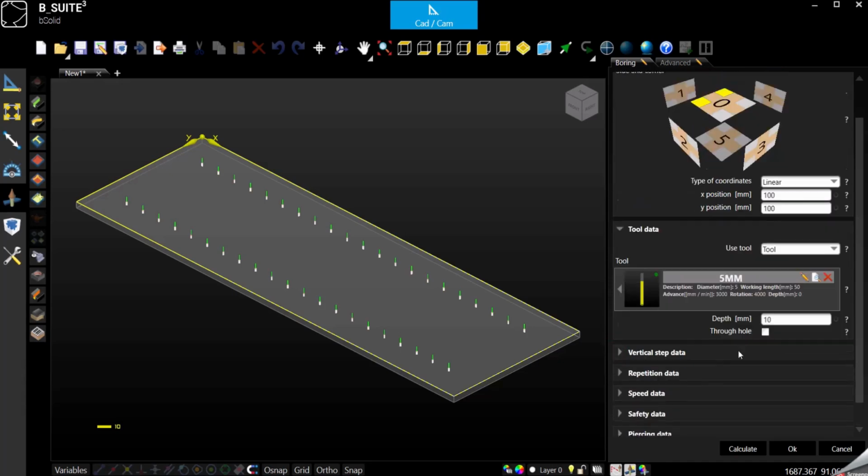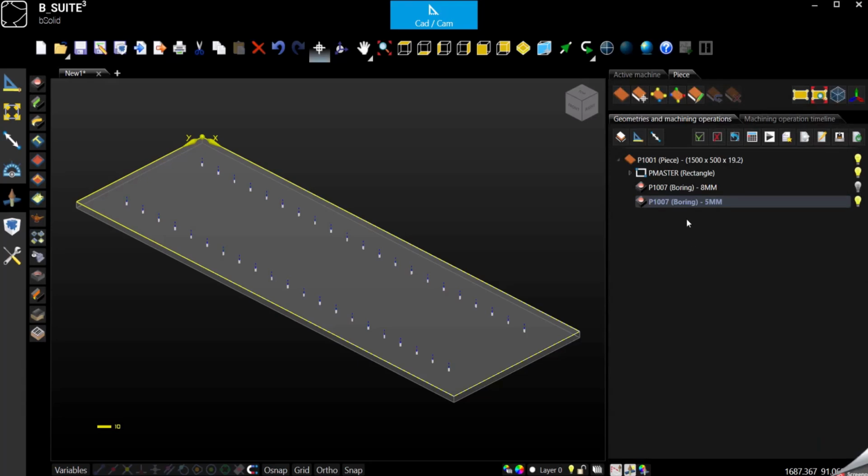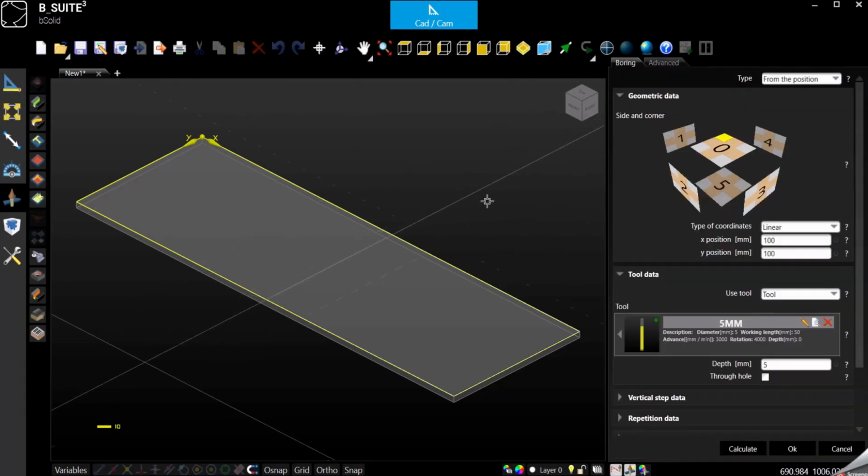But we can do the same thing, so cancel, let me leave that one as it is. But we can do the same thing also with only one reference corner, so 100, 100, just to make it simple. Tool, 5mm, depth 10 or whatever it is,